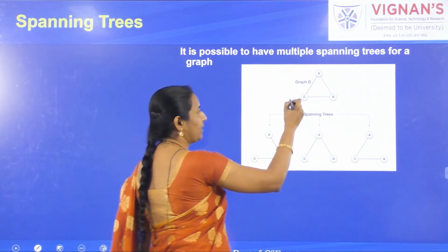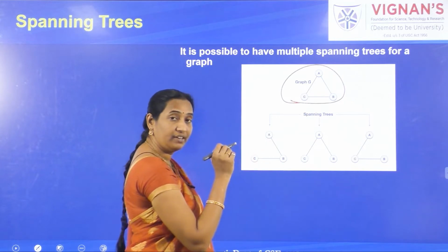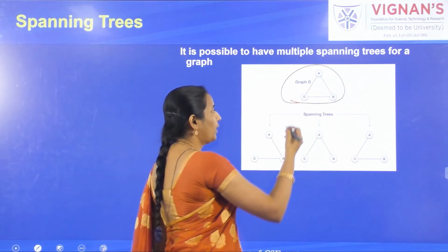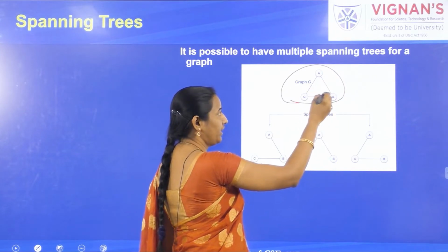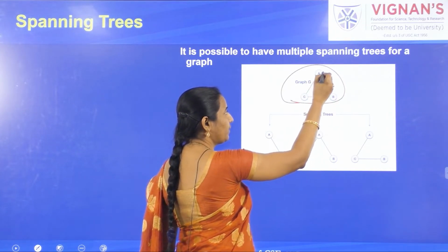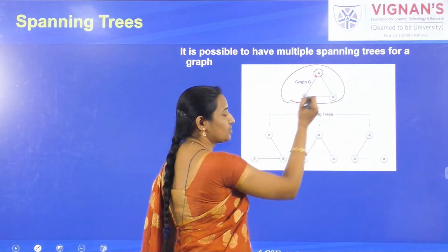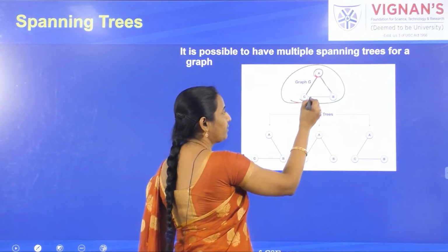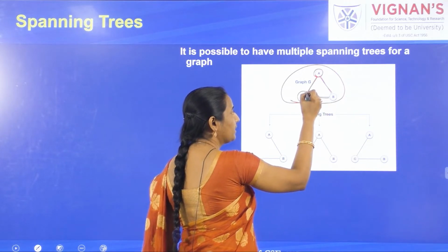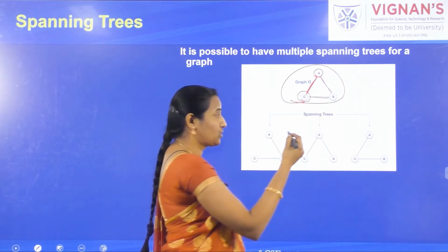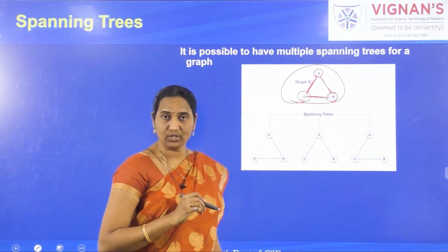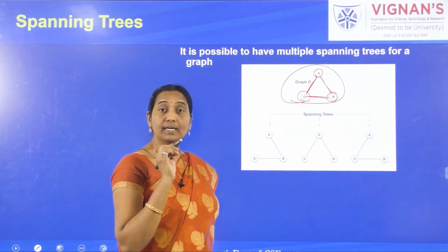Consider this example graph, where you have 3 different nodes and it is a complete graph. How can you call it a complete graph? Every node is connected with the other nodes, right? If you observe, there is an edge between A and the remaining vertices of the graph. A to C there is an edge, A to B there is an edge, and similarly from C to all the rest of the nodes it has an edge, and similarly from B to all the rest of the nodes there is an edge. So such a graph is known as a complete graph.